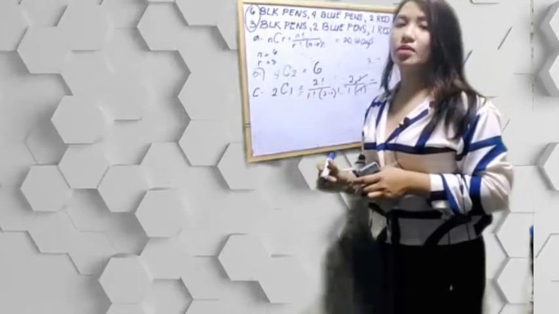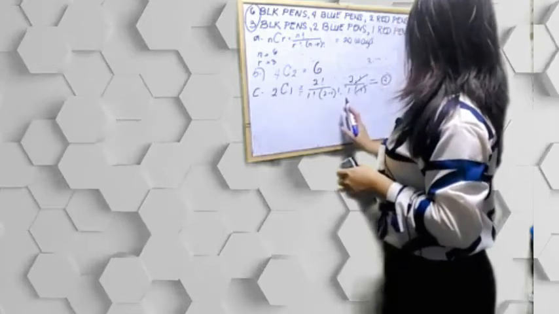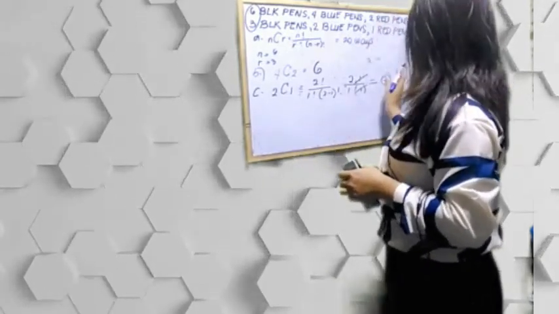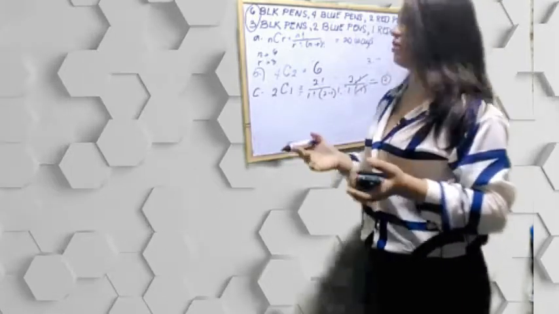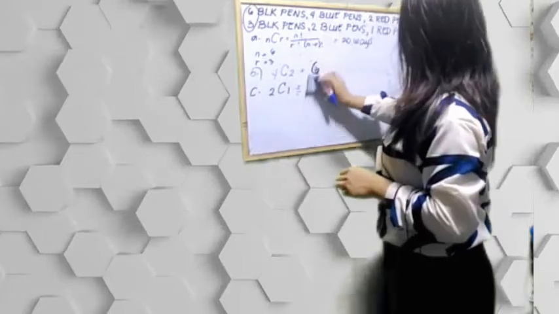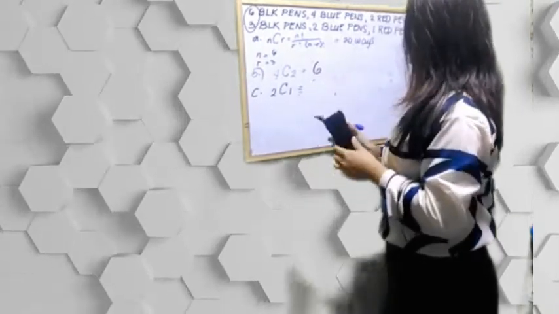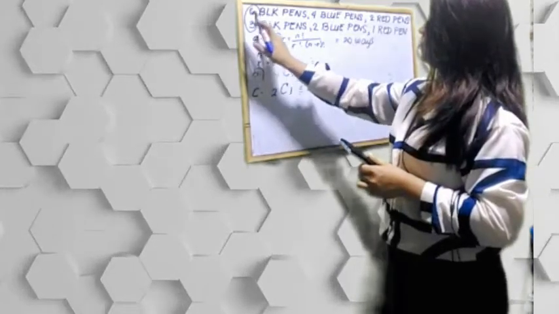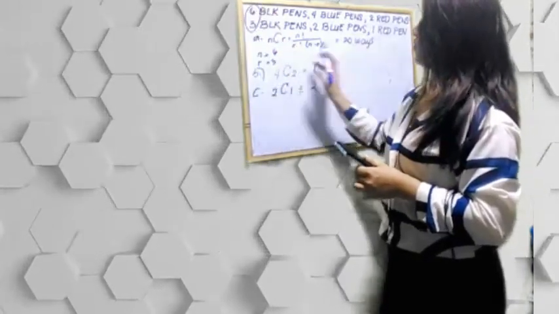So the number of possible combinations wherein you could get 1 red pen out of 2 red pens is 2. Of course, there are 2 pens, so it's possible you get the first and you get the second one. So there are 2. So to sum up, our combinations for taking 3 black pens out of 6 black pens,